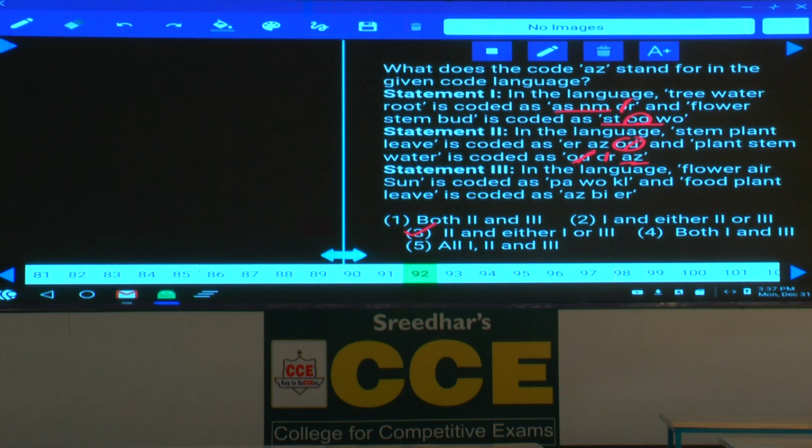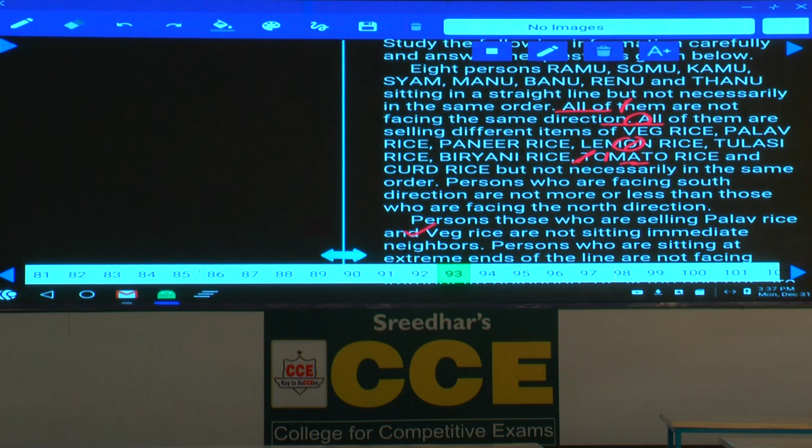Now, this is about question numbers 91 and 92. Then 93 onwards, question numbers 93 to 97. Now, in this question numbers 93 to 97, 8 persons Ramu, Somu, Kamu, Shyam, Manu, Bhanu, Renu and Thanu are seated